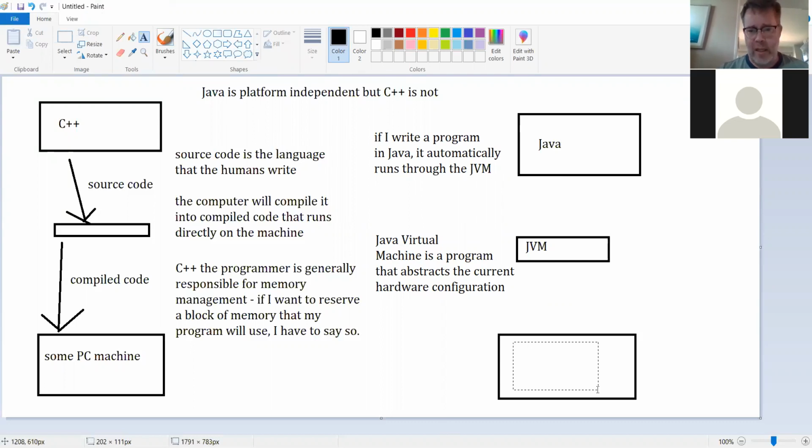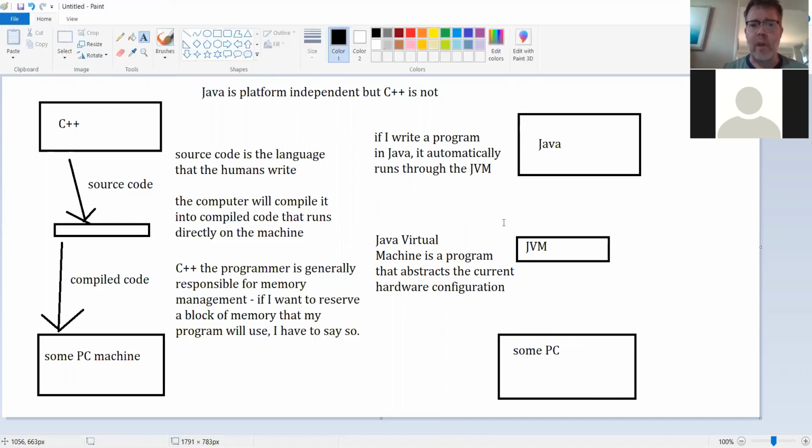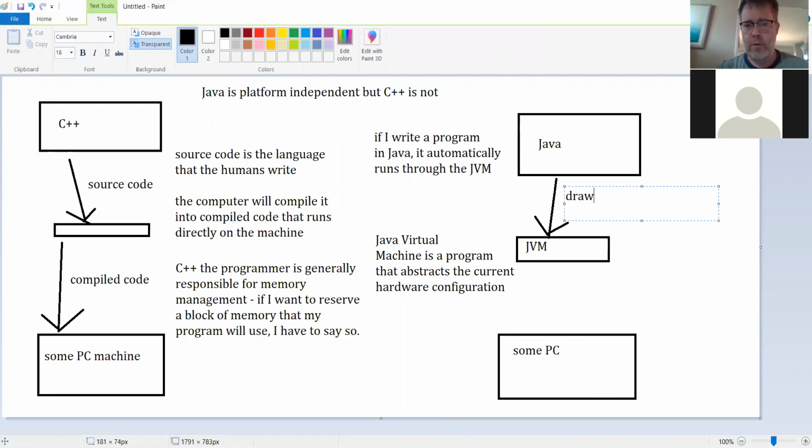Well, if I start off with some PC, okay, and I do some similar statement in Java, like draw a line on the screen, my program that I've written will send a message to the Java Virtual Machine saying, draw a line 0, 0, 100, 100. I'll draw that line. The Java Virtual Machine automatically knows